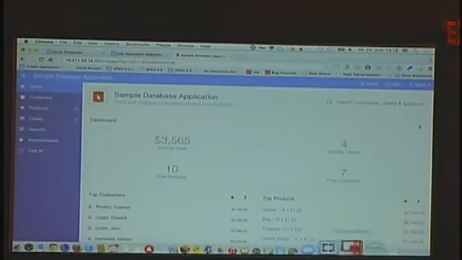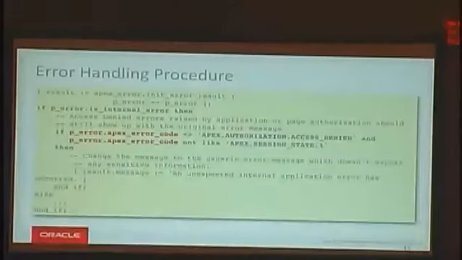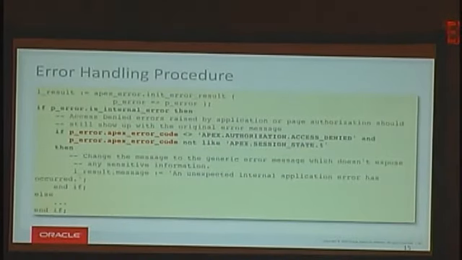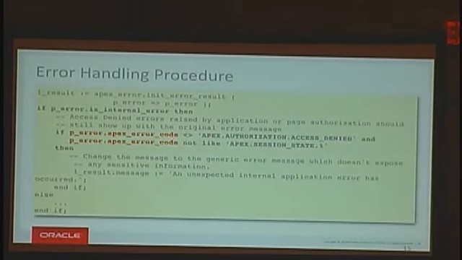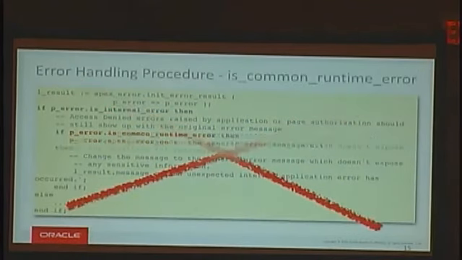And if you used our template, which is documented in our API reference guide, over time you might have noticed that you got a cryptic error message like "an internal error has occurred" and users didn't know what was happening. But it was just because we added a new runtime error message to the Apex engine to highlight something like the ones we have here with Apex authorization, access denied, and so on. And so that you're not playing a catch-up game with each release, where you have to modify your error handling procedure, we have introduced a new flag